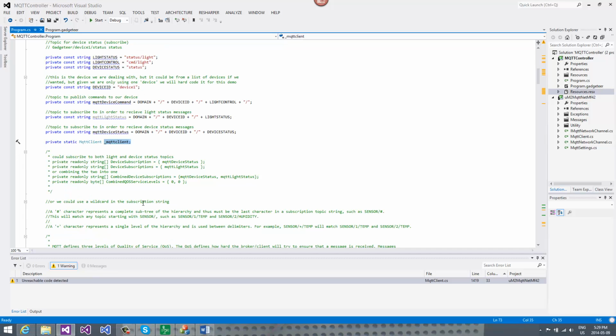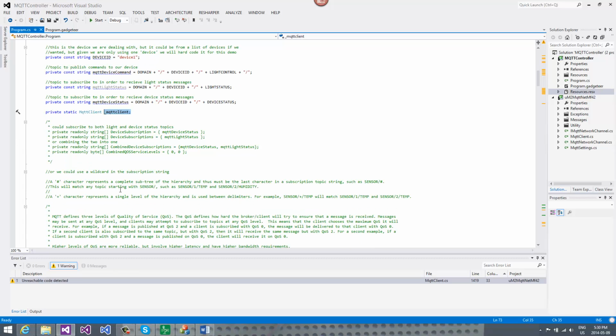Now, you publish messages, so you send out information, but that information goes to the broker. Then the broker decides where to send that information, and so devices subscribe to the broker. They subscribe to different topics, and then the broker sends them the information for the topics that they've subscribed to. So subscriptions are really, really powerful